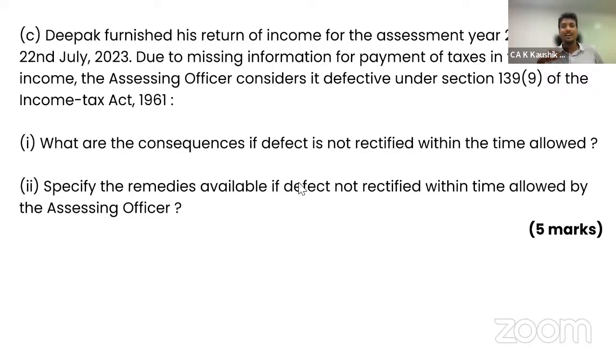Question number 4 will be on procedural aspects in terms of the due dates, return filing, payment of tax, TDS provision. In the previous year, December 2023, the TDS provision is taken in question number 4. And what are the timelines? These are the theoretical questions that can come in question number 4. And now you can evaluate which question you can write, 4 or 4A. So it is left to you whether to write 4 or 4A, whichever is easier and whichever is more relatable to you, you can opt writing that.